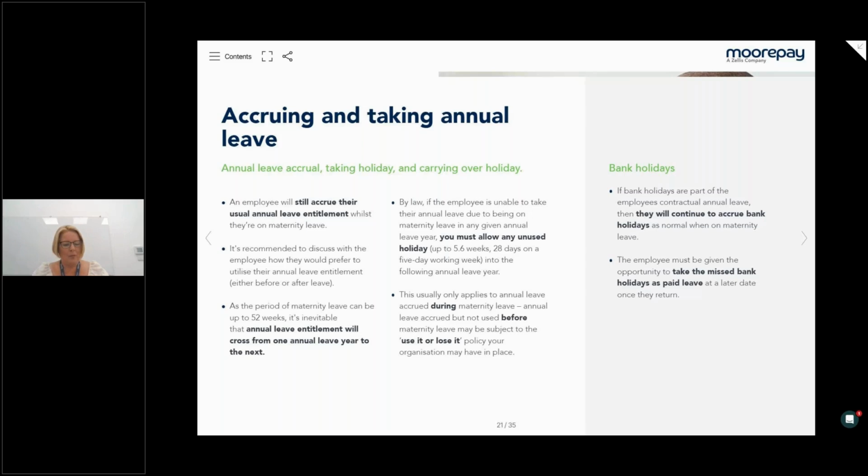So what I would generally advise is people tag some leave on before they go on maternity leave. So maybe anything that you've accrued up to the point that you go off, and maybe a part of what they would accrue while they're off, and then maybe tag the rest on at the end, and then maybe come back with a number of holidays to use during the remaining holiday year, just so that we don't have a huge backlog when they come back.